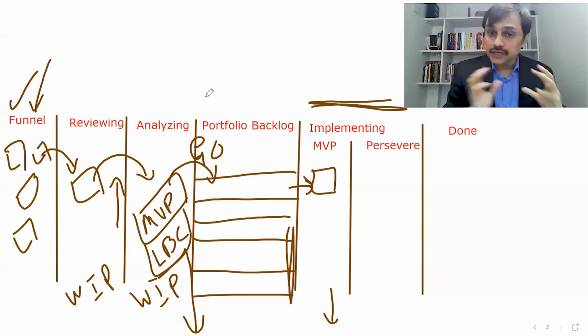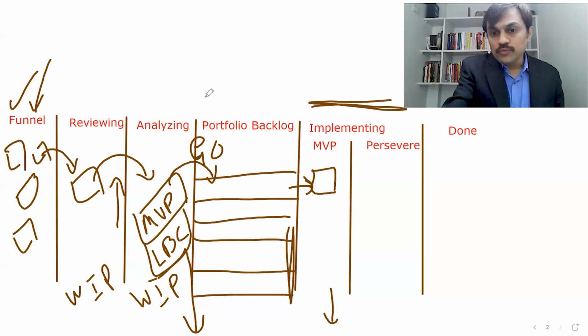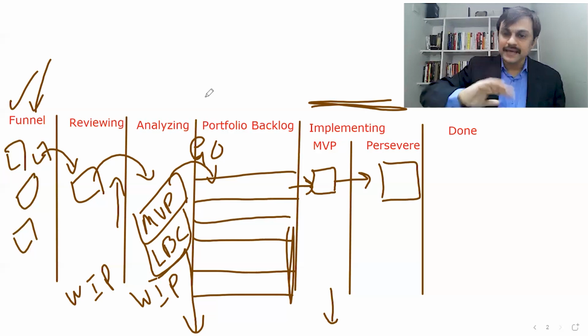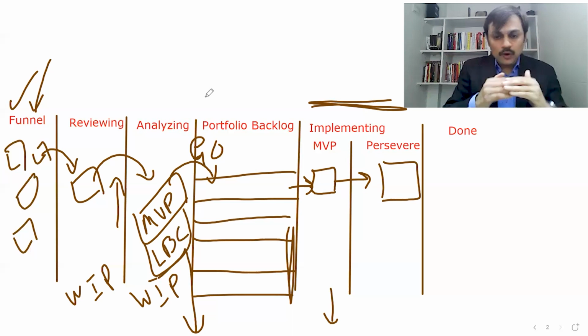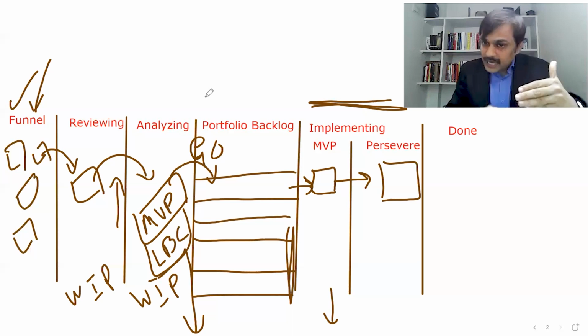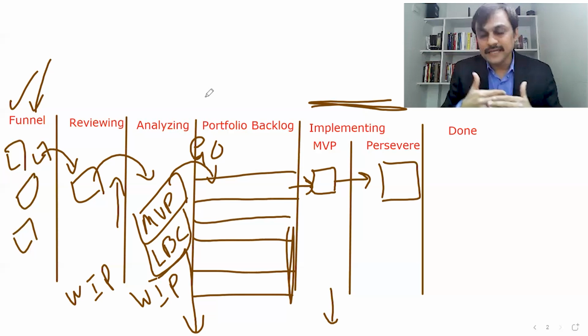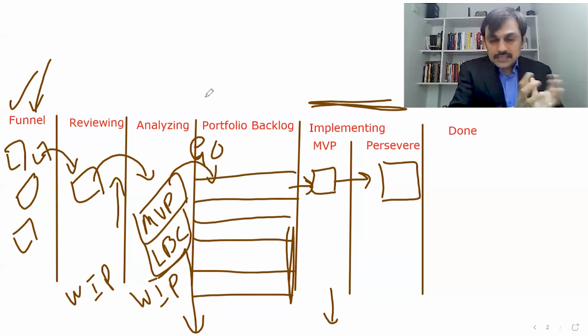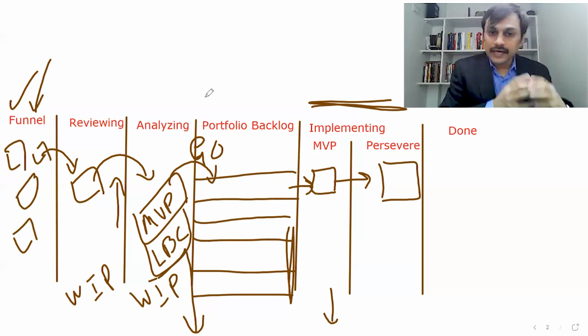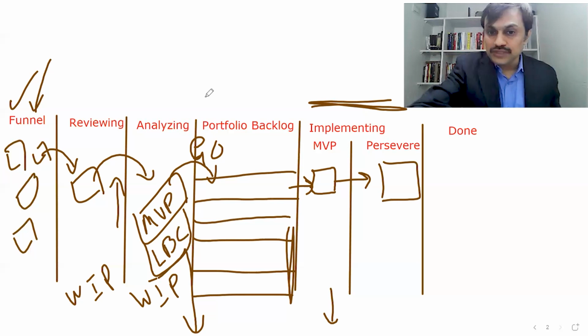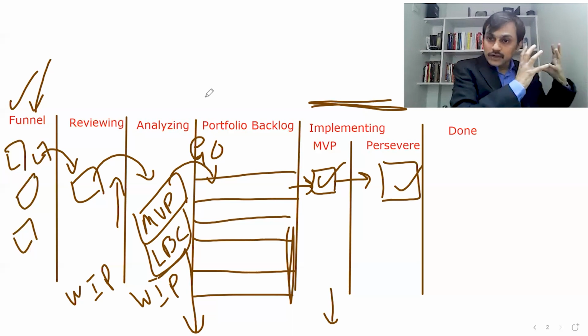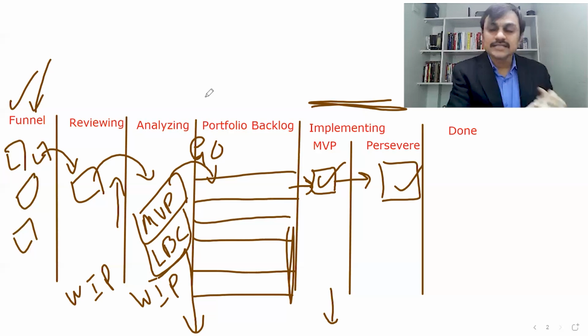There could be a happy path where the assumptions are found true, and then you move this epic to a preserve stage, which means the epic has moved out of the MVP stage. And now the rest of the development happens incrementally, with the help of incrementally developed features, when the epic is moved to the preserve stage. Periodically, lean portfolio management reviews are happening. They are looking at the queue, at epics which are at the MVP stage, at epics which are at the preserve stage, and at what kind of products are there in our customer space.